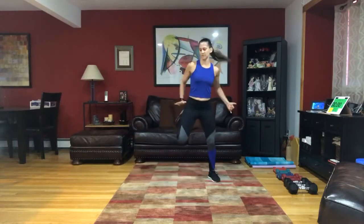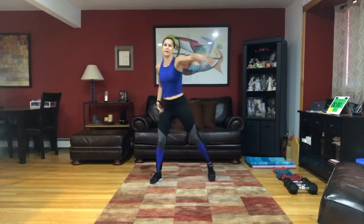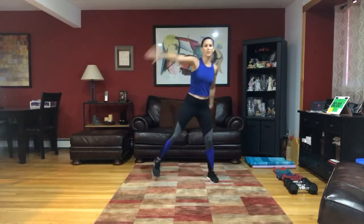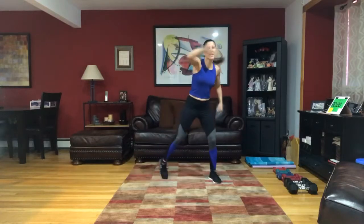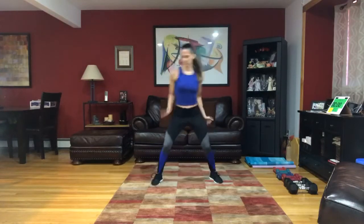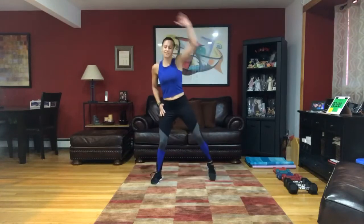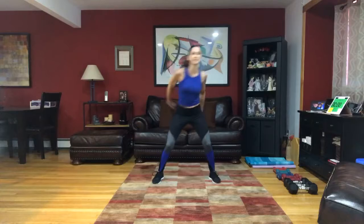8, 4, 3, 2, reach across and tap for 8, 4, 3, 2, reach it overhead, up. Good, really reach and extend those arms, get those elbows bending and extending across. 8,